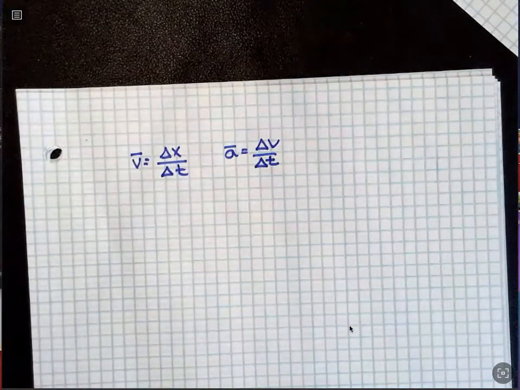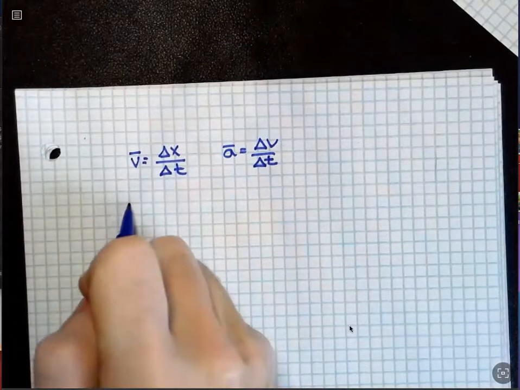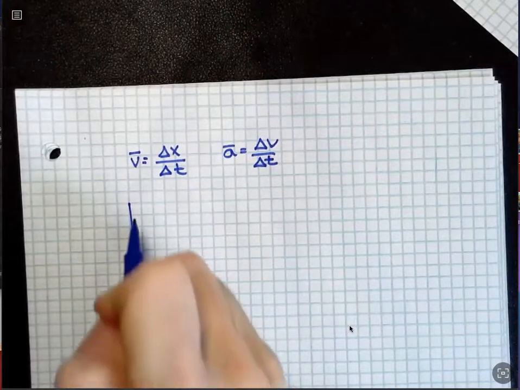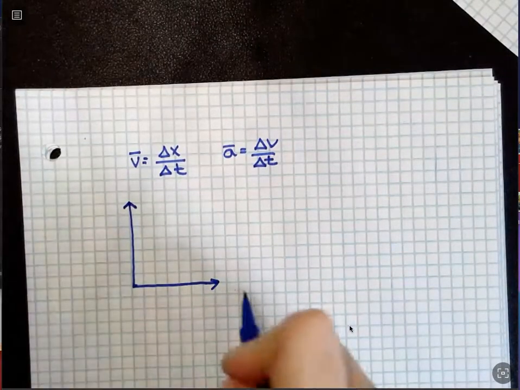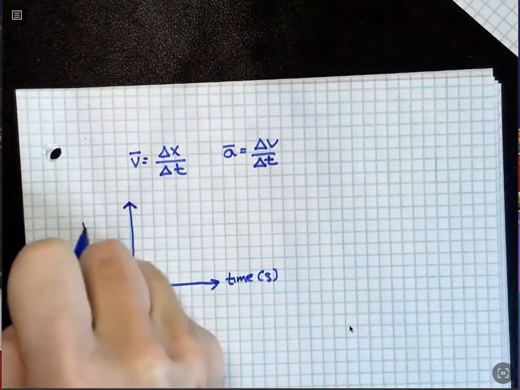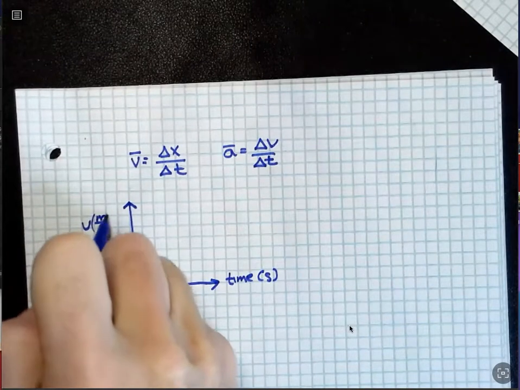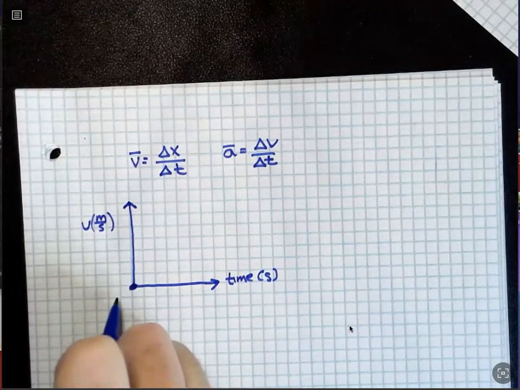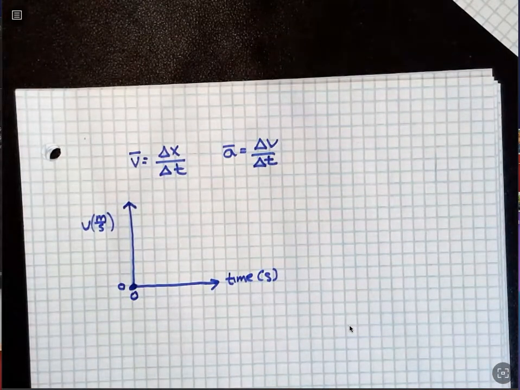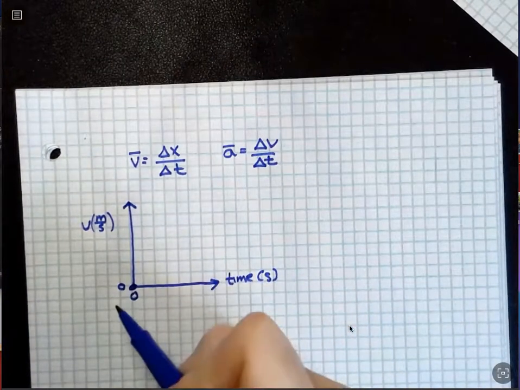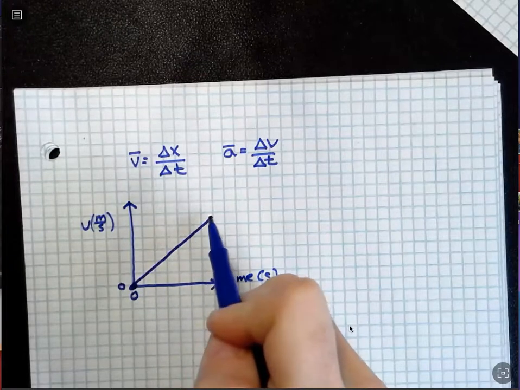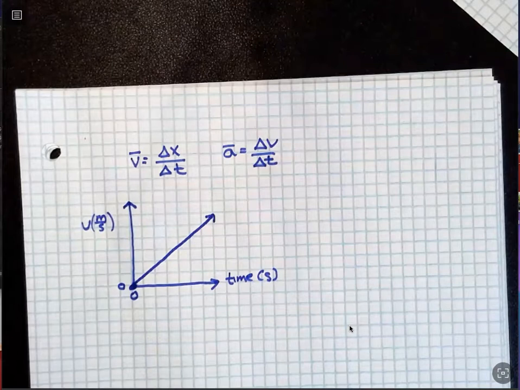If we draw a velocity time graph, just a generic one, like we've looked at, I'm going to show you how we can get some information from this graph. All right, so imagine this is the time axis, measured in seconds, and this is velocity in meters per second. Let's say we started here at 0 speed at time equals 0. If we increase our velocity at a constant rate, it would look like this on a graph,